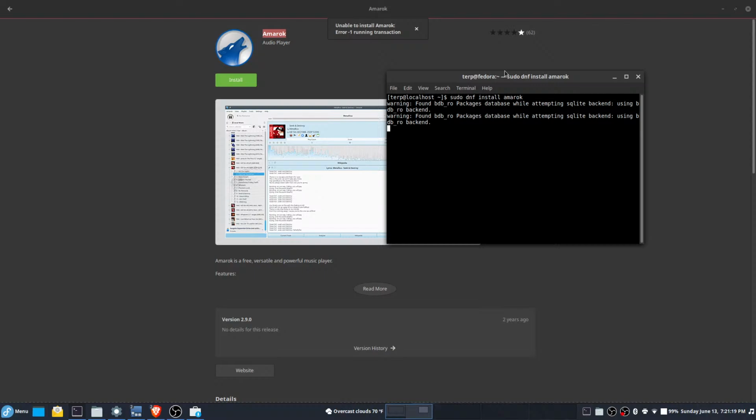Running transaction warning error, cannot open package using operation not permitted. Cannot open packages database in var lib rpm. That's really unfortunate.